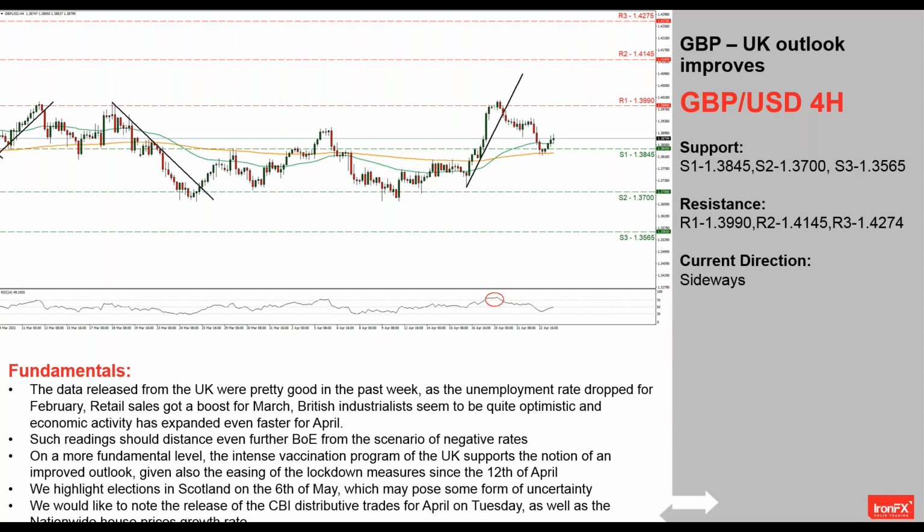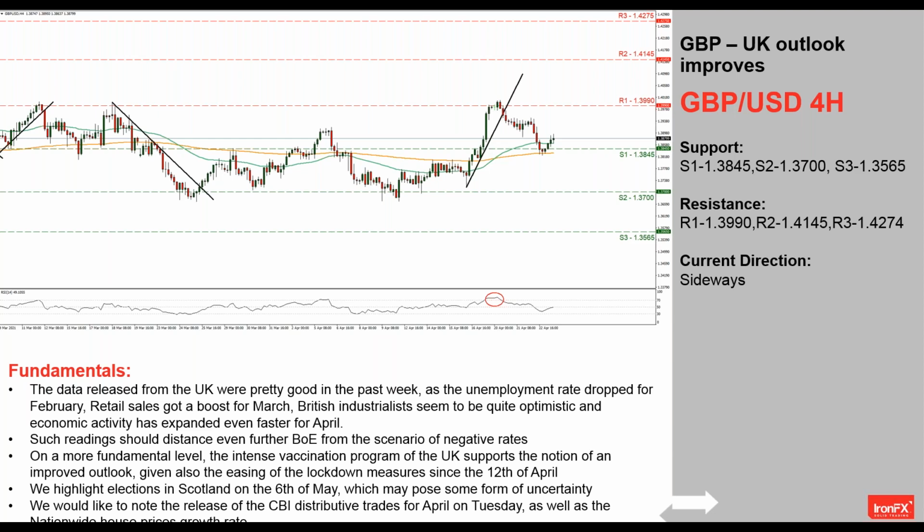British industrialists seem to be quite optimistic, and economic activity has expanded even faster for April. On the other hand, we must note that inflation ticked down, yet that tended to be overshadowed. Overall, such readings should distance even further the BOE from the scenario of negative rates on the monetary front. On a more fundamental level, the intense vaccination program of the UK supports the notion of an improved outlook, given